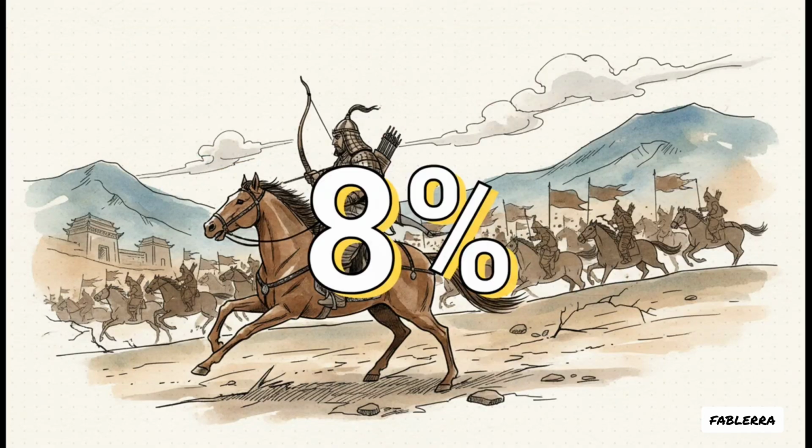Okay, now check out this number, 8%. That is the estimated percentage of men in South Asia today who are descended directly from Genghis Khan. Let that sink in. The Mongol horde swept through the continent in the early 1200s, uniting millions under Khan. They ruthlessly destroyed empires, utilizing some pretty brutal psychological warfare along the way. It really highlights the staggering, almost unimaginable scale and the lasting genetic legacy of the Mongol conquests.